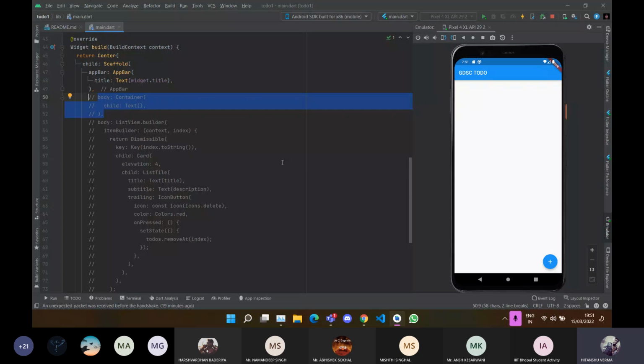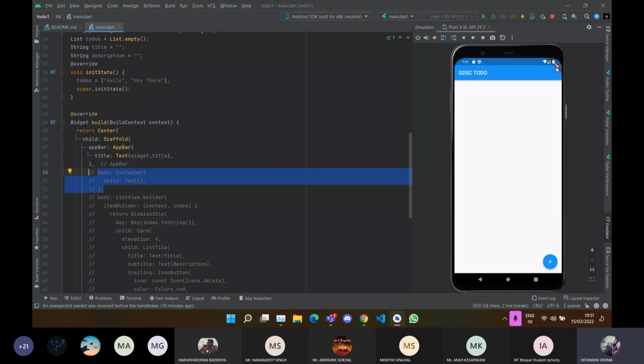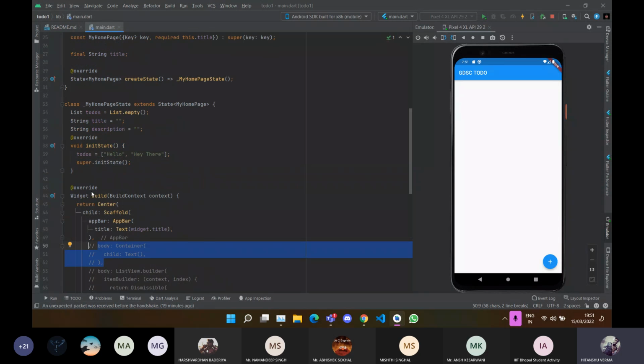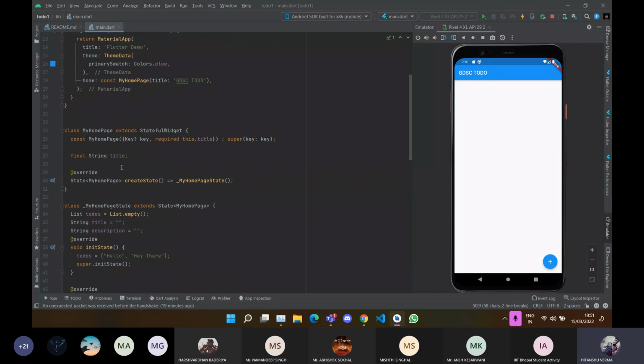One more thing. You can see this debug banner here, right? Now for a final production version of your app, you don't want this debug banner. You don't want your users to think that this is any prototype or any alpha or beta version of the app, right? So how you disable this is you go to your